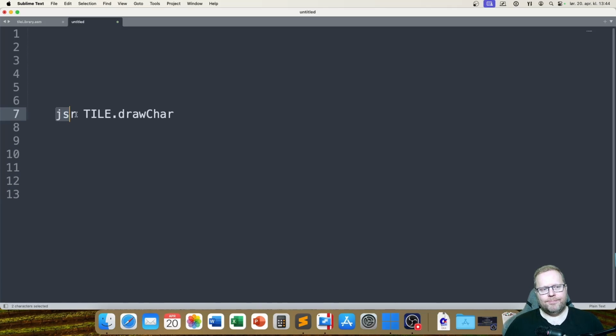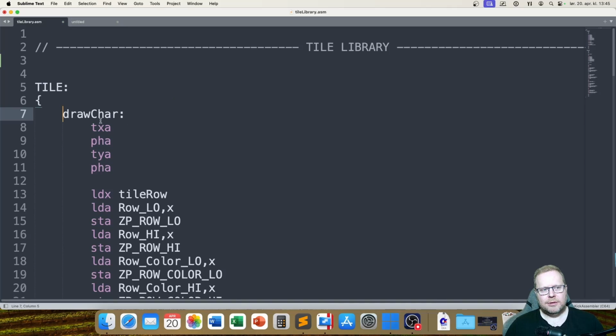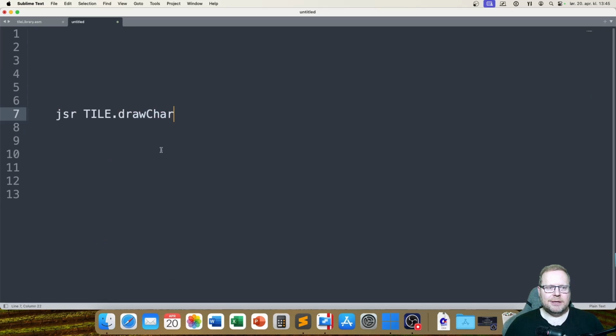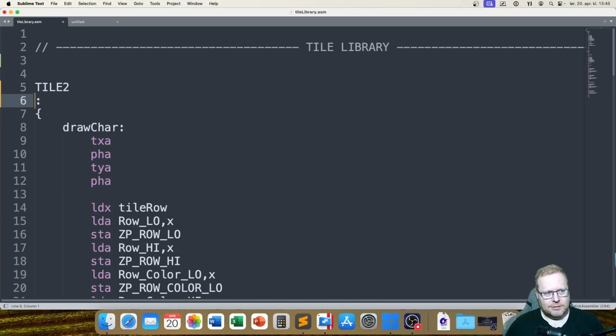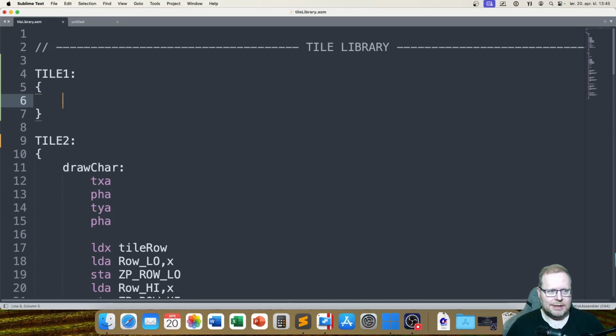This is how I'm going to run this subroutine. This subroutine is in the tile system. For me, this makes it tidy, because first of all, let's say I did the other thing where I had tile 1. So if I had something like that,